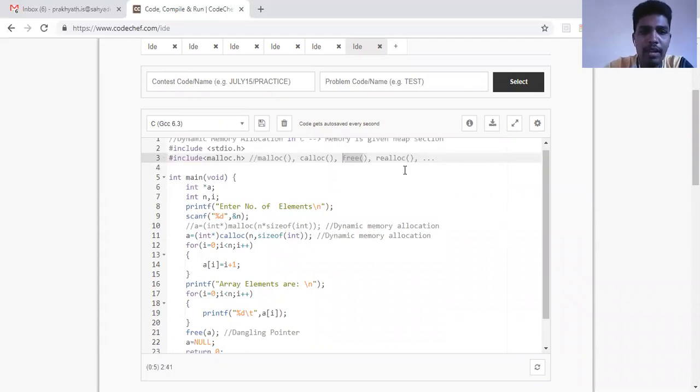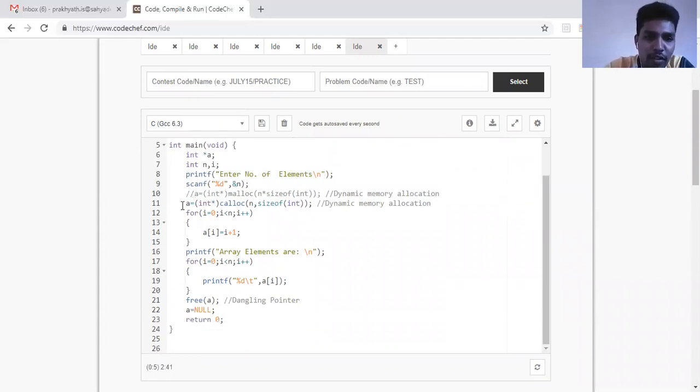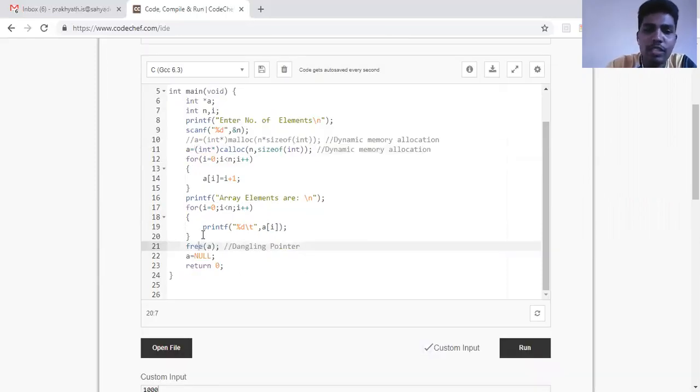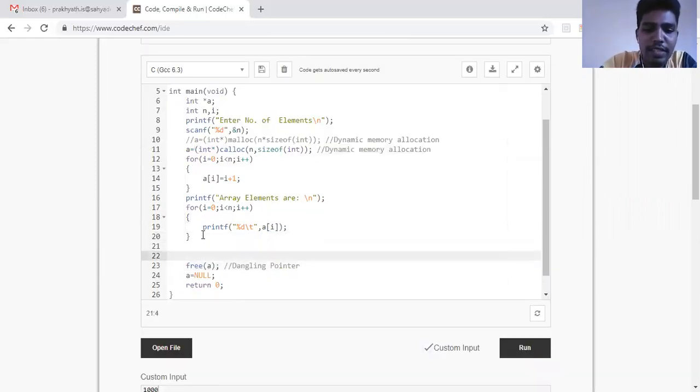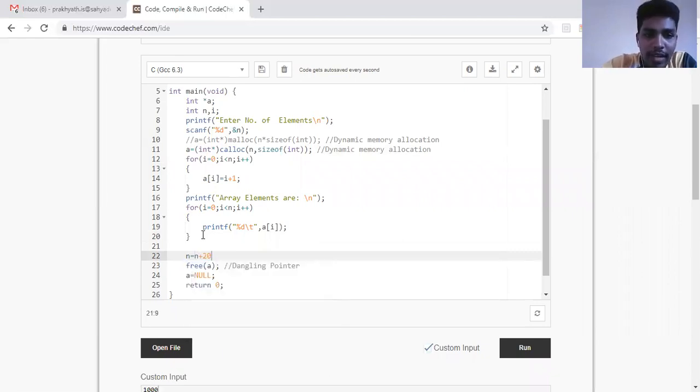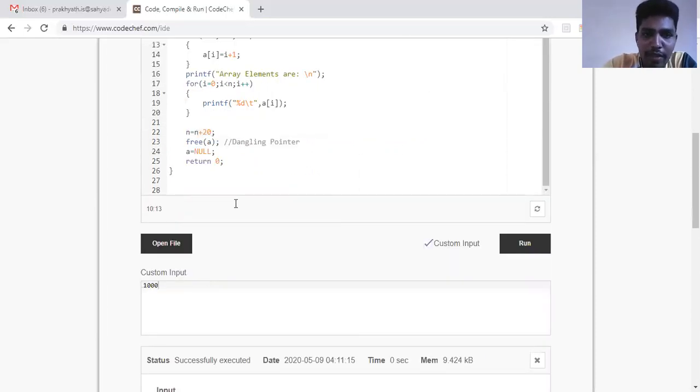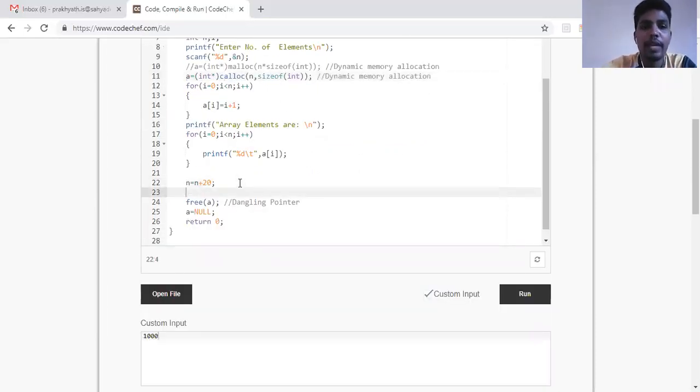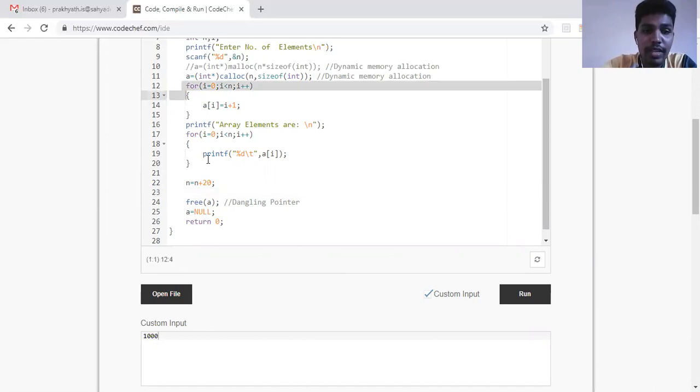So what do you mean by the realloc case? Now we have reserved only n rooms. In your program, somewhere you feel that you should increase the size of n, that is n is equal to n plus 20. For example, assume n is 1000 here. Now in between, I did n is equal to n plus 20. But we have only how many rooms? 1000. We did not allocate extra rooms. And then now I'm running this code.